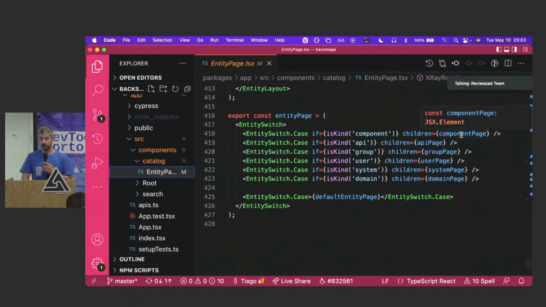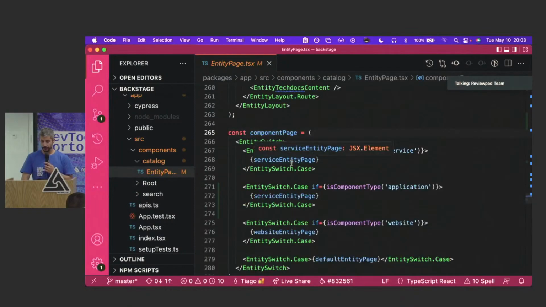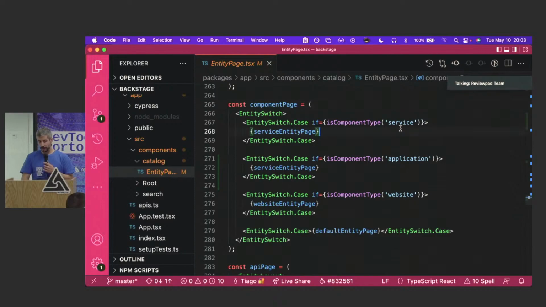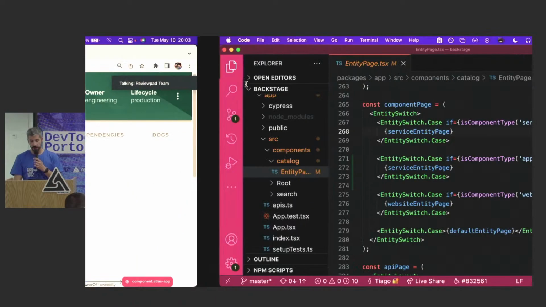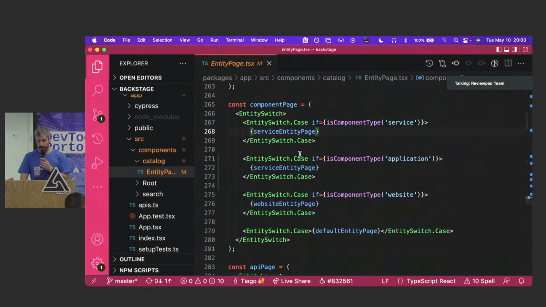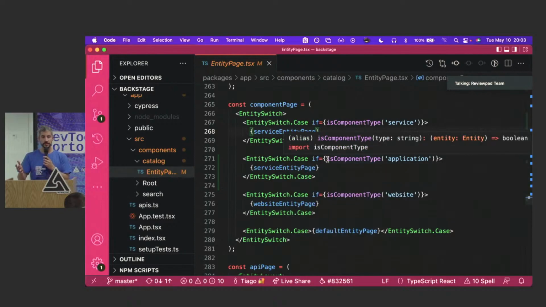In our case, we just want to go to the component page and change that. So I'll just navigate there, go to definition. There we go. So in our case, we are talking about an application and not a service. And according to what I have here, application will go to the default. I don't want to go to the default, because in some cases, for instance, a website goes to the default, or some documentation goes to the default,